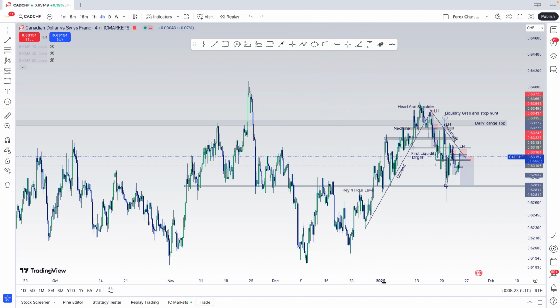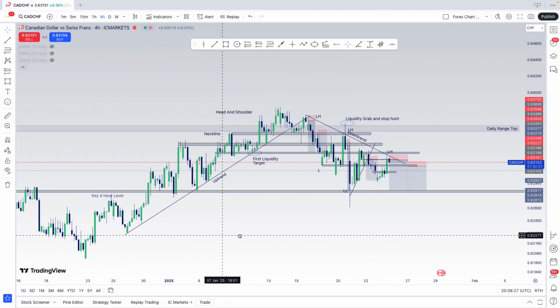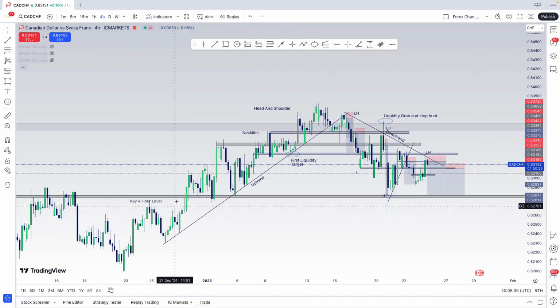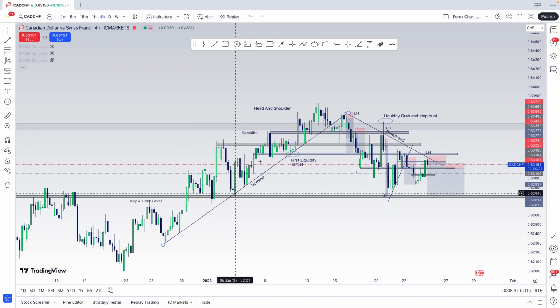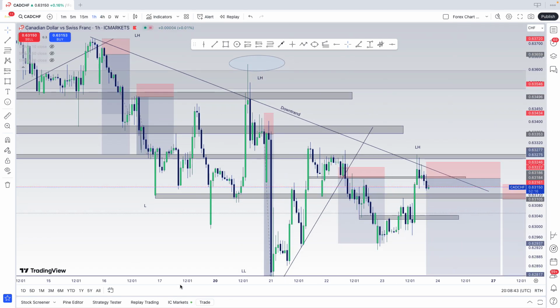So we're going down to the 4 hour here, and this is exactly what I'm looking at. We've got this key 4 hour level, and price managed to break above it, retested it a couple of times, and then continued to the upside. So if we go down to the hourly, we can have a look at exactly what